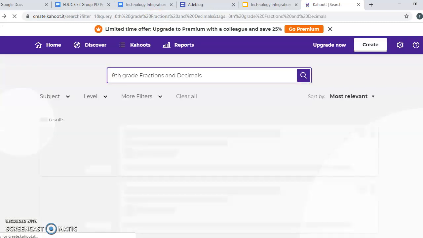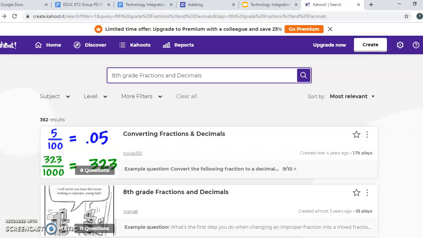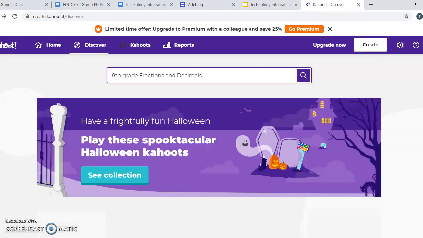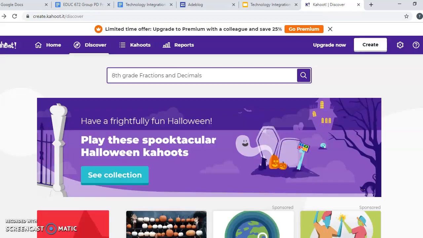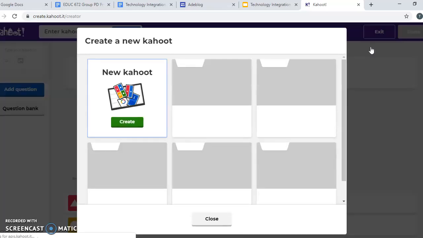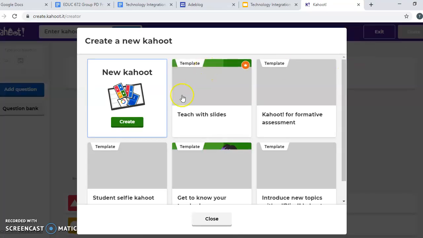Now, if you're a pro like me, or you push your students, that was a joke, or if you're trying to push your students to increase rigor, you can always go to Create. My internet is running super slow today, so you guys have to bear with me. But once you hit Create,